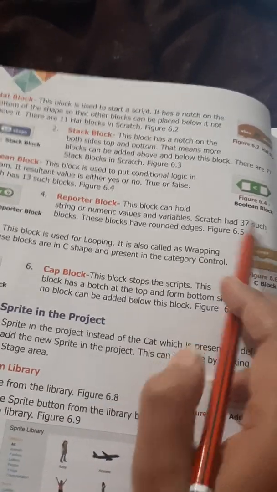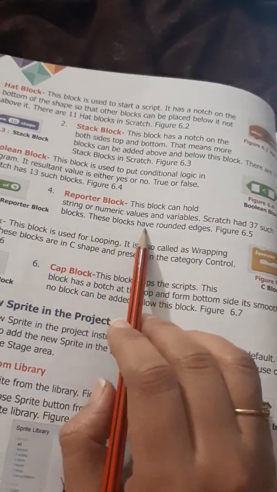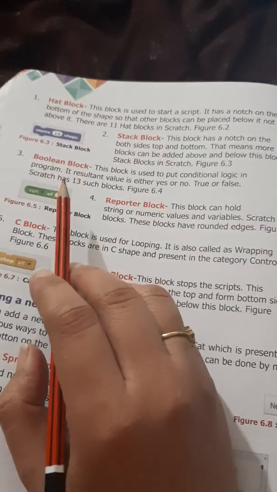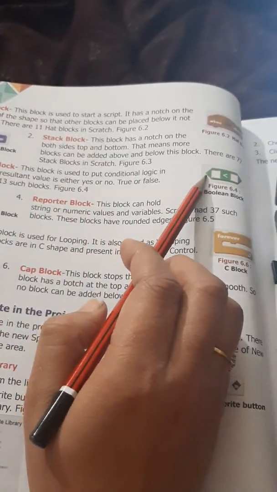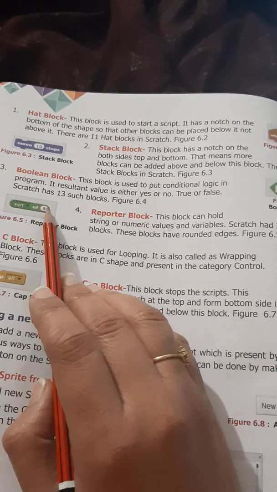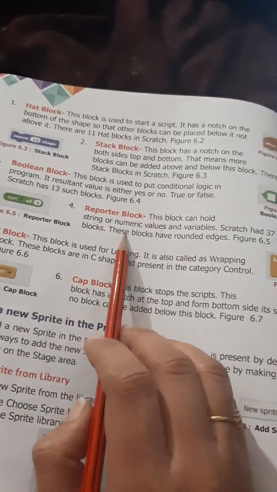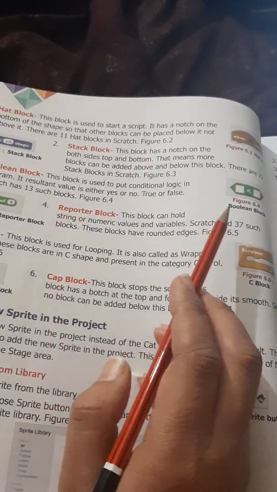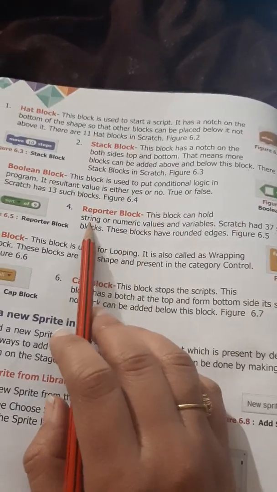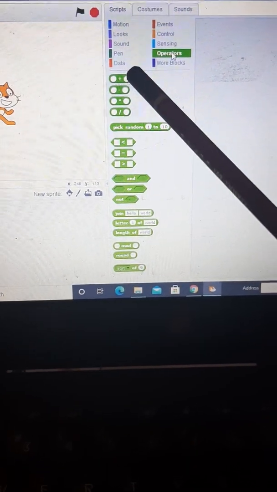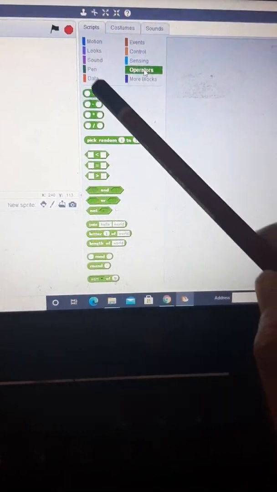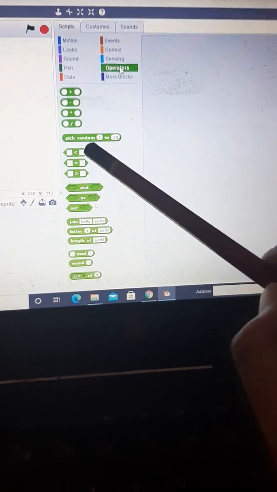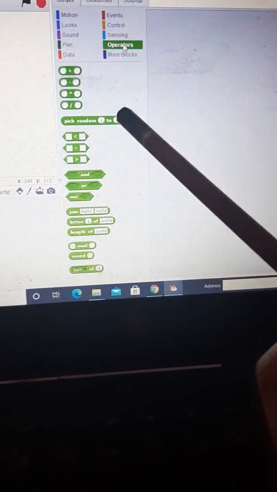Scratch has 37 such blocks. These blocks have rounded edges. Now you can see here in both of these, one has pointed edges and one has rounded edges. And we have 37 such blocks. Reporter blocks, we have 37 in number. So you can see here with rounded edges and green color, these are the reporter blocks,